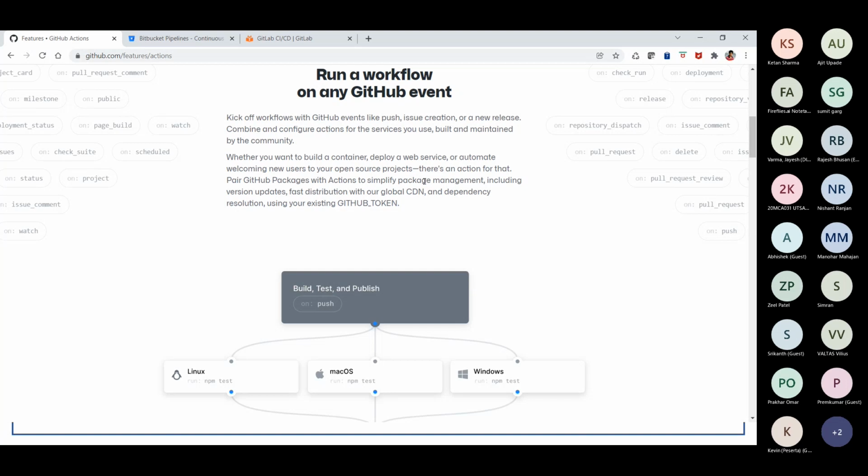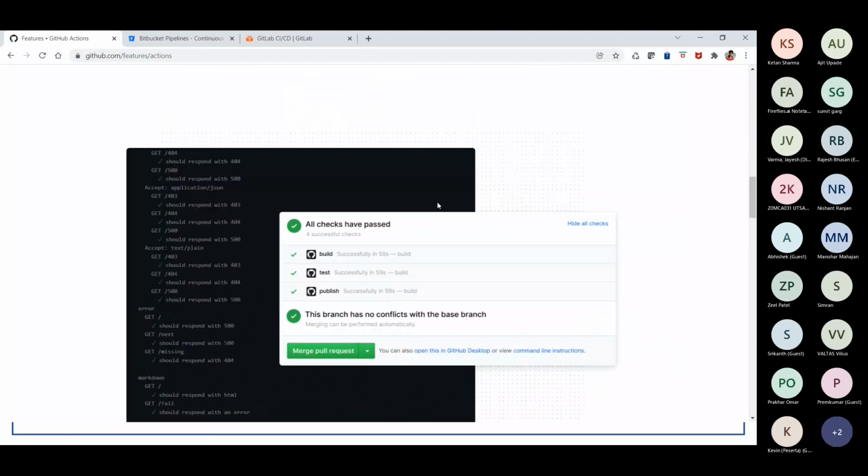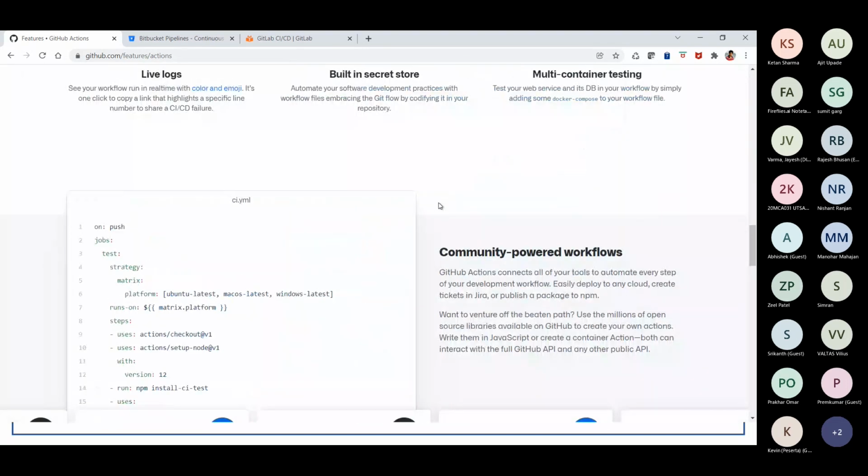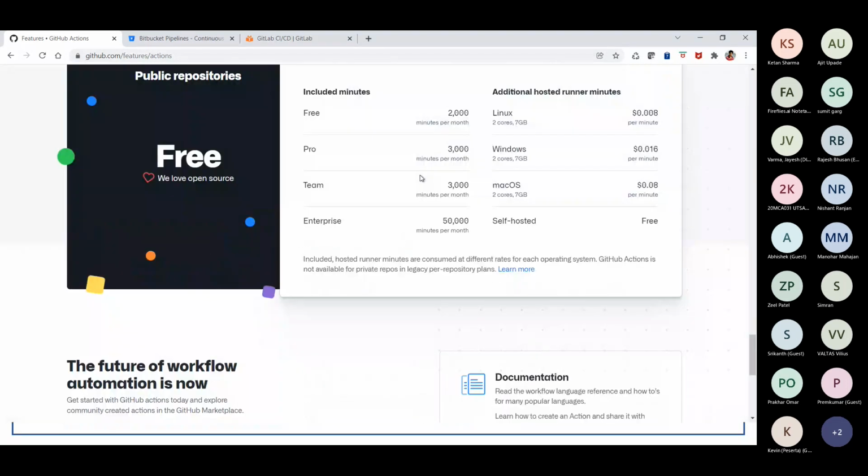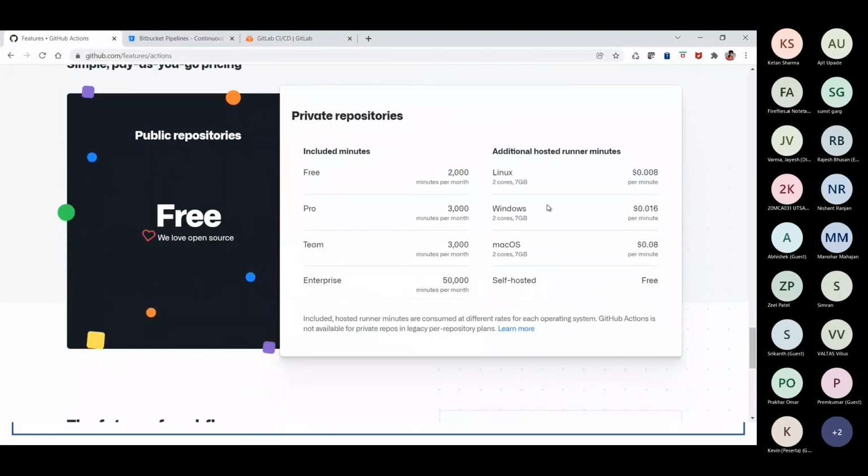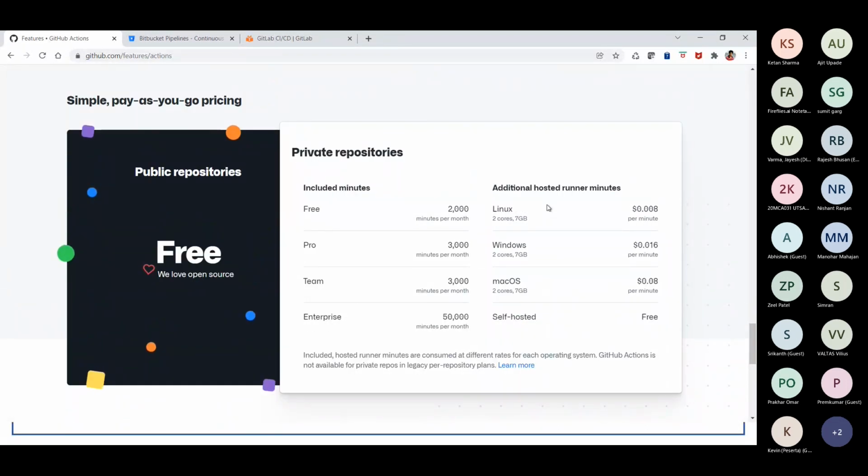But as you can see in this one, we don't have to do it. We are using ready-made operating systems here. Whatever ready-made platform is given to us, we can use it. So there are two types of activities we can do. We have two types of hosted GitHub agents, which are available here.